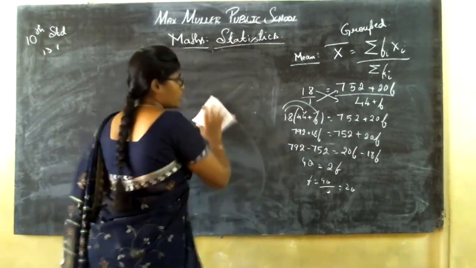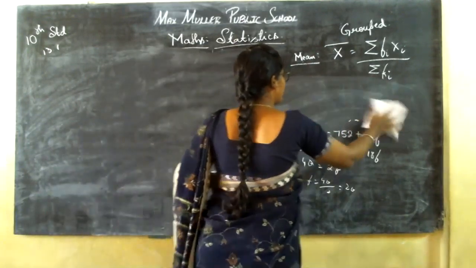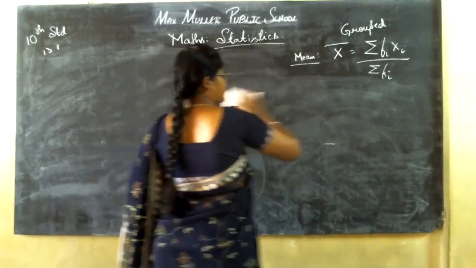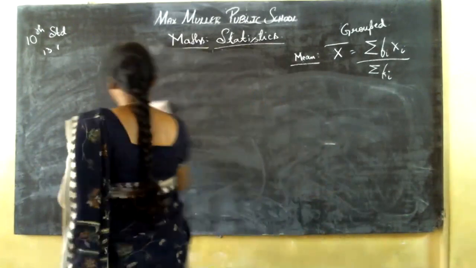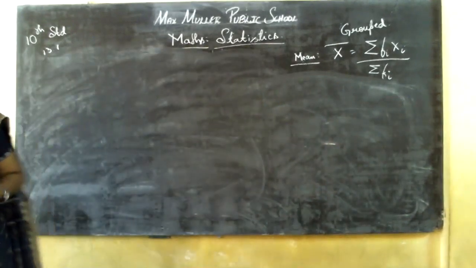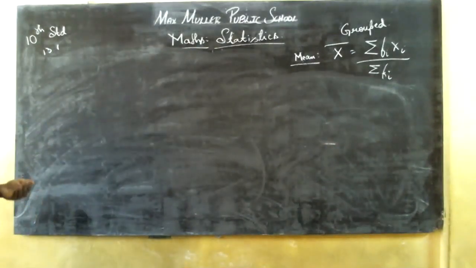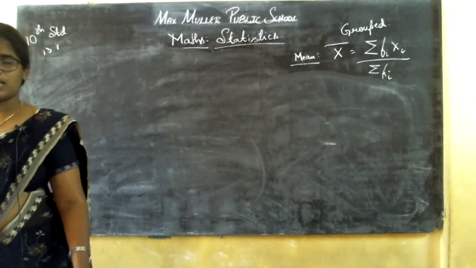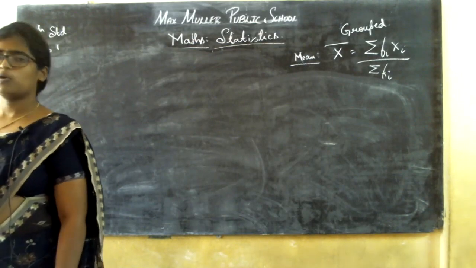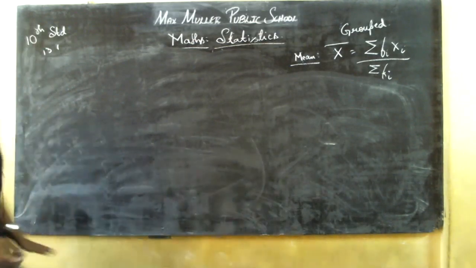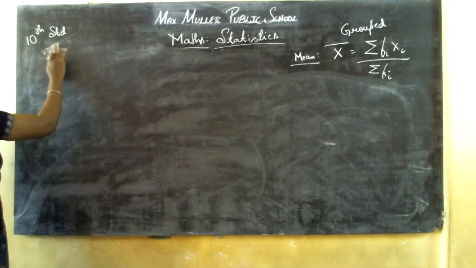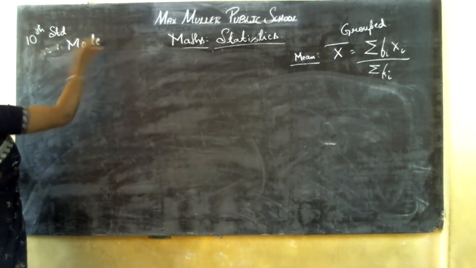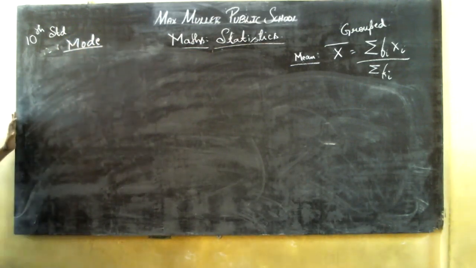You took the continuous numbers and saw which number is repeated the most, and you would have said that is the mode. Correct? Yes or no? Yes. So let me repeat that and then go to the next topic. Let me repeat the ungrouped data and then we will go to the grouped data for the mode. So for the ungrouped data, now we are going to talk about mode.